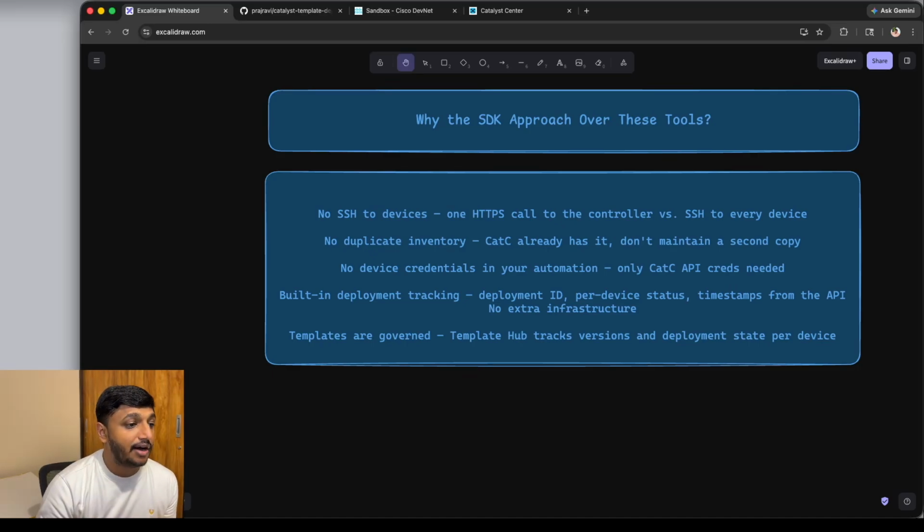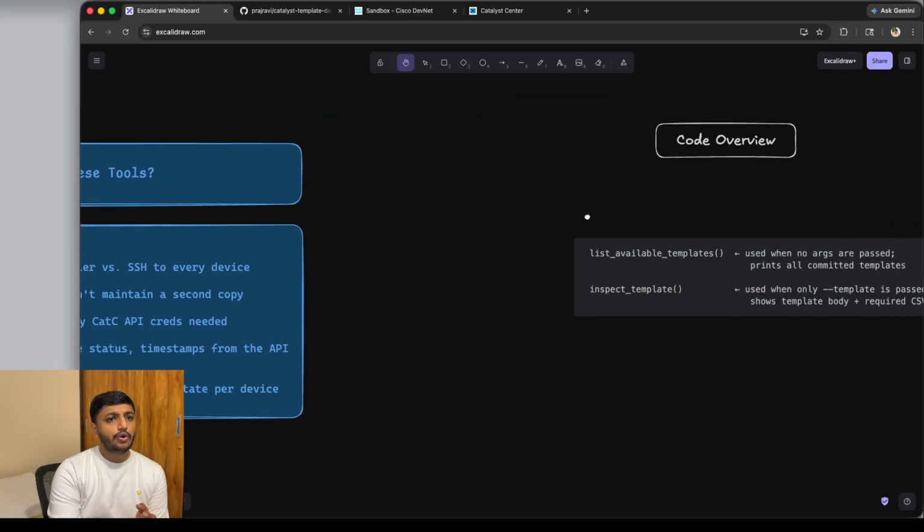Next is template governance, right? The template lives in the template hub, with versions. They have drift detection and compliance visibility right out of the box. You're not replacing Ansible, but you are eliminating the need for it when the controller already does the job. So if I have to give you the code overview,